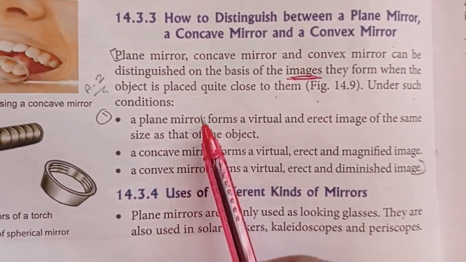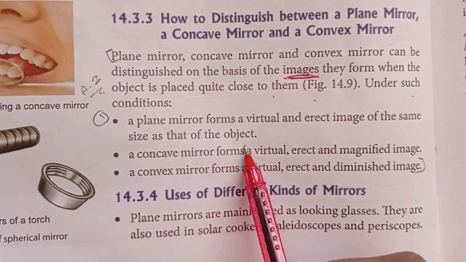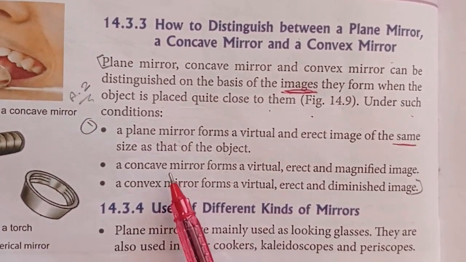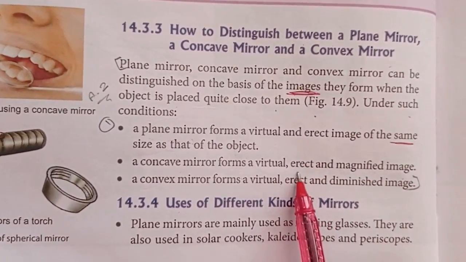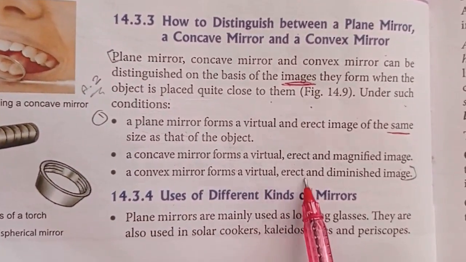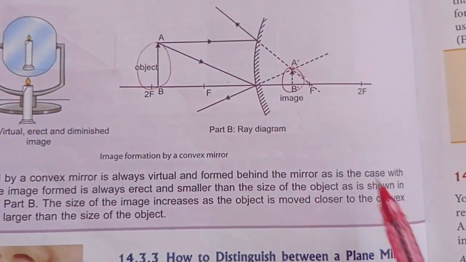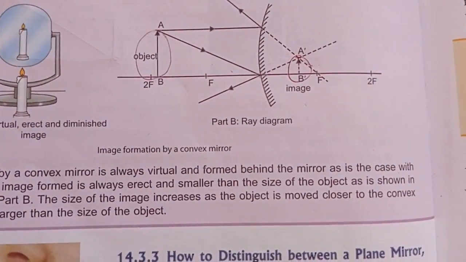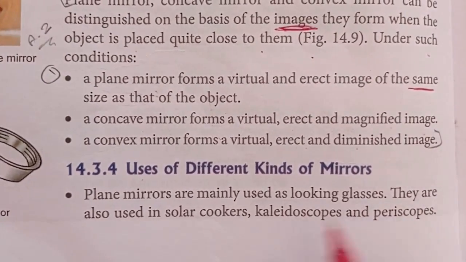First is the plane mirror. The plane mirror always forms the virtual and the erect image of the same size as that object. It would always be the same size. Okay. A concave mirror forms, remember this, a virtual, erect and magnified image. It will be bigger. Okay. Erect and virtual. Whereas a convex mirror forms a virtual, erect and diminished image. You will get a very small image, that you can observe over here. Okay, always if you are putting the object closer to the sphere, then you can see the diminished, meaning very small image.